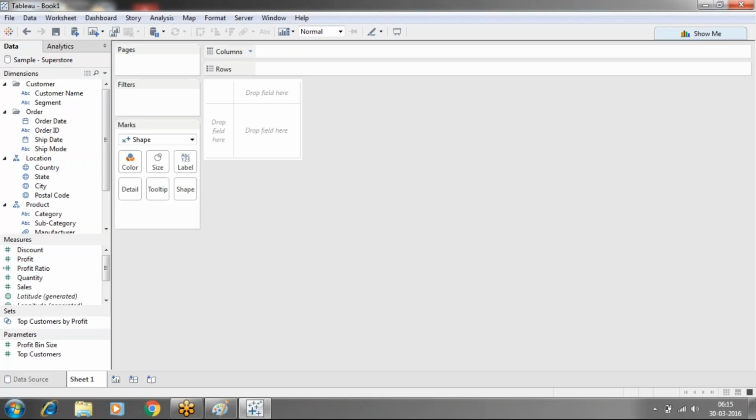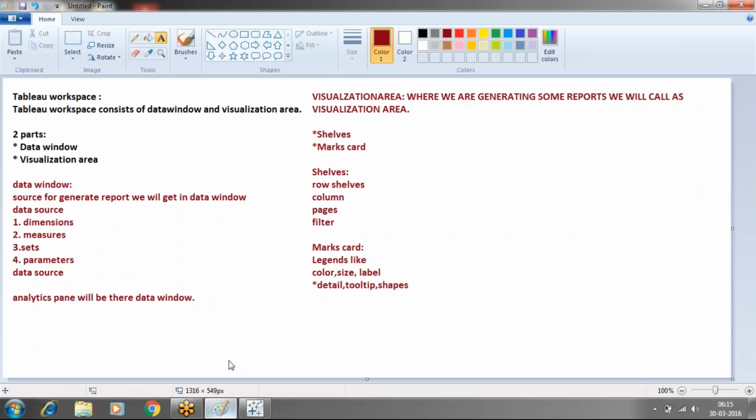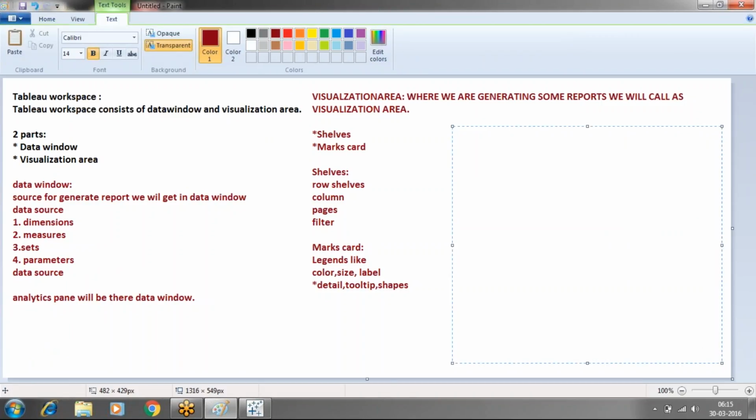These are the four shelves we were discussing before: rows, columns, and pages and filters. We have the concept of pages and filters that we are going to get in the upcoming classes, as well as n number of options they have given in the overall tool. Here, this tab is the worksheet, this is known as the dashboard, this is known as the storyboard. The bottom bar consists of